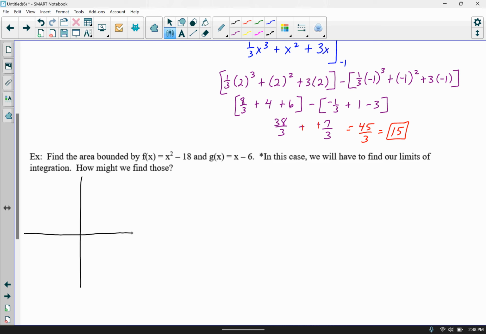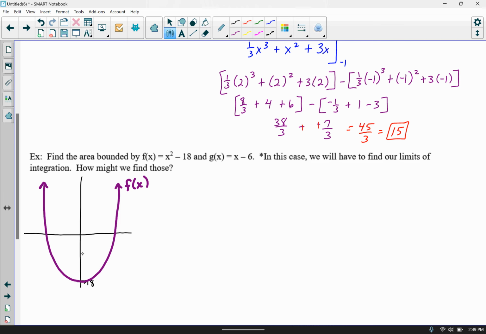All right, so the first one, like I said, is a parabola facing upward, but it's been shifted down 18 units. So I'm just going to call this my -18, and I am going to graph that parabola. All right, and we're going to label that. That's my f of x function. All right, my g of x function